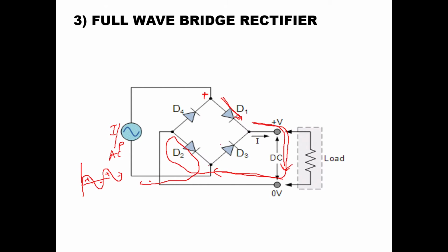Similarly, when the input is negative half cycle, when this is positive, it will be D3 which will conduct, and the flow of current will be like this, and this will go here. Through D4 it will come out. So D3 and D4 will conduct when the input is negative half cycle. D1 and D2 will conduct when the input is positive half cycle. That means two diodes will be used at each time to convert one half cycle into a positive half cycle